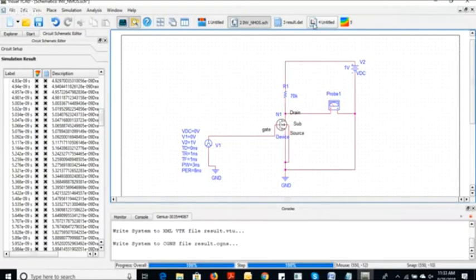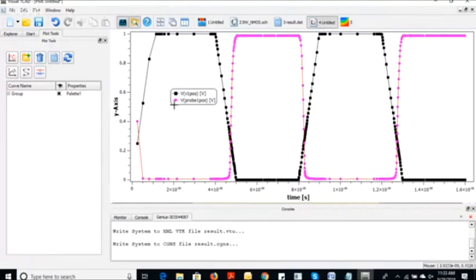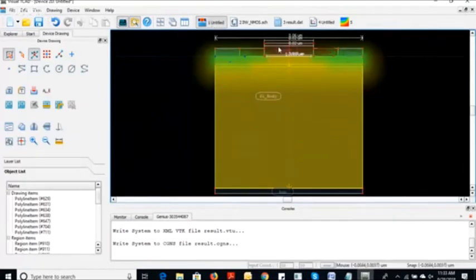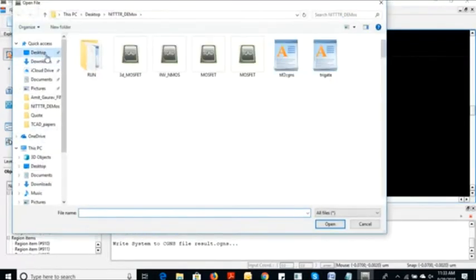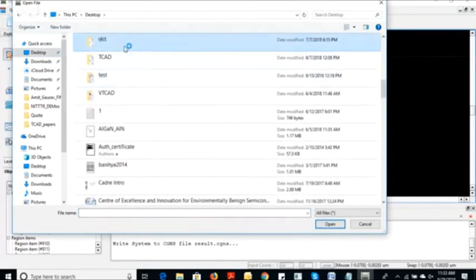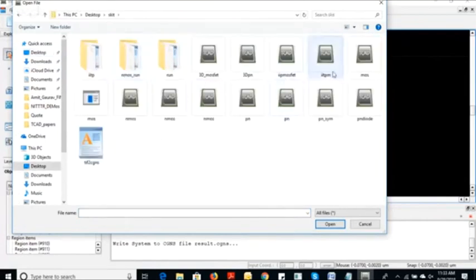After inverter simulation, we are getting these results. This V1, the black one, is the input, and the probe one, this pink one, is the output. A perfect inverter characteristic we are getting from our own fabricated MOSFET. But this fabrication we have done in 2D. It's not 3D. If we want to fabricate other devices like PN junction diode or SOI devices,